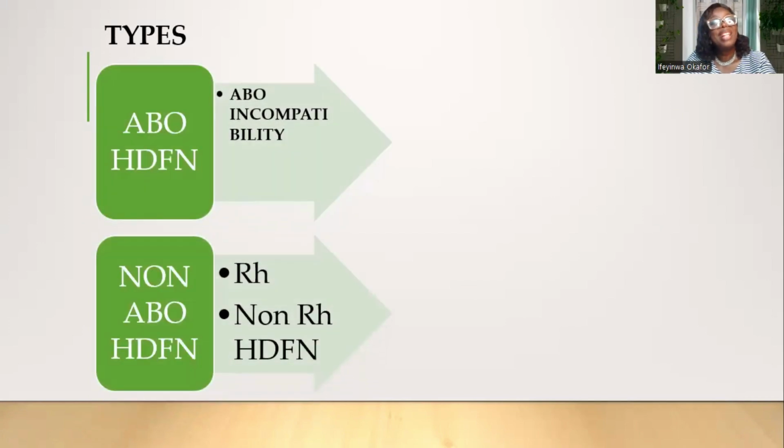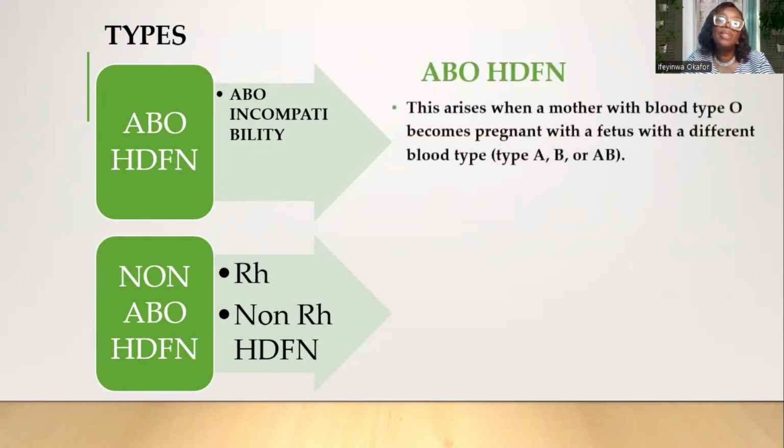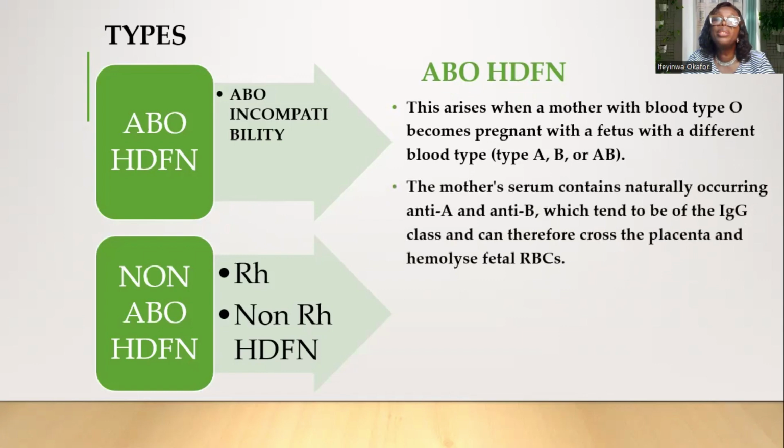Now let's look at different types of HDN that can result from blood group incompatibility. We have ABO HDFN, as a result of ABO incompatibility, and non-ABO HDFN, and this non-ABO HDFN can be Rh and then non-Rh HDFN. Now, ABO HDFN arises when a mother who is blood group O becomes pregnant with a fetus with a